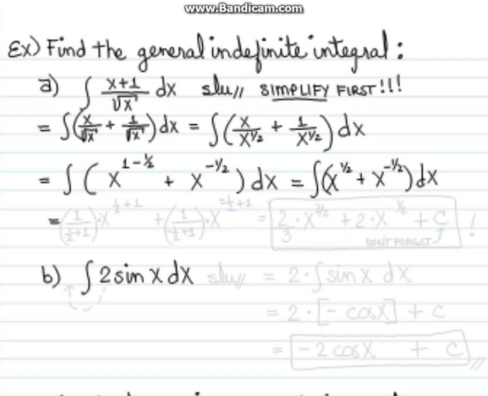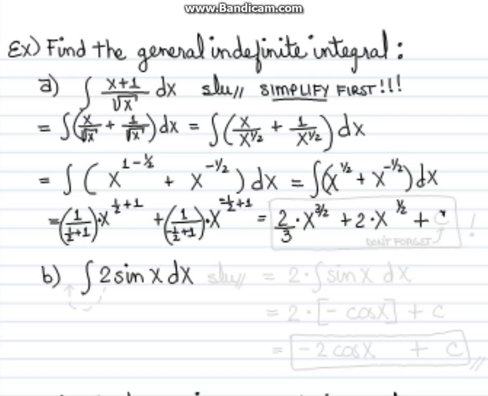Okay, now we can apply the integral to each of these two terms that are being added together, using the power rule formula for the antiderivative. We get 1 over 1 half plus 1, times x to the 1 half plus 1. And then for the next term, we do 1 over negative 1 half plus 1 times x to the negative 1 half plus 1. And that simplifies to 2/3 times x to the 3 halves plus 2 times x